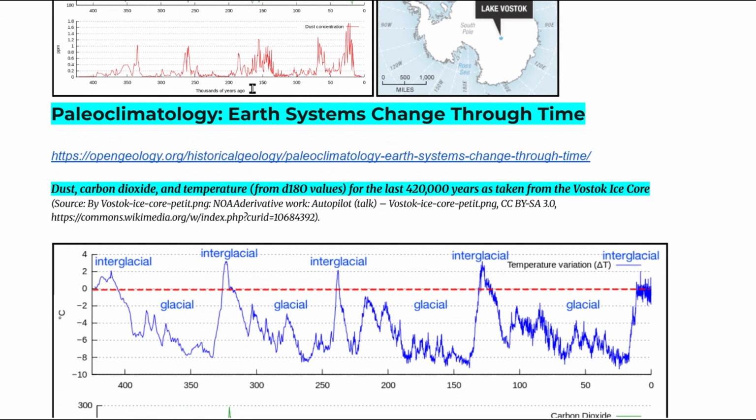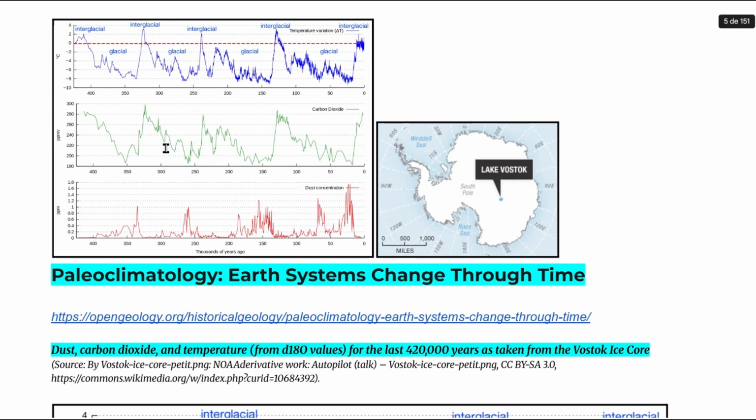The latest in the graph is dust. The in between, the green one is carbon dioxide, and this is a temperature curve for 420,000 years, starting here. This is the Holocene we are in, and this is the roughly 100,000 years of glacial ice age that we left behind at this point when we switched from glacial to Holocene, roughly 8,000 years